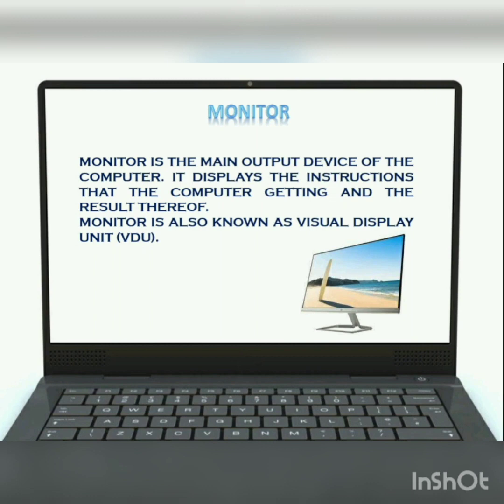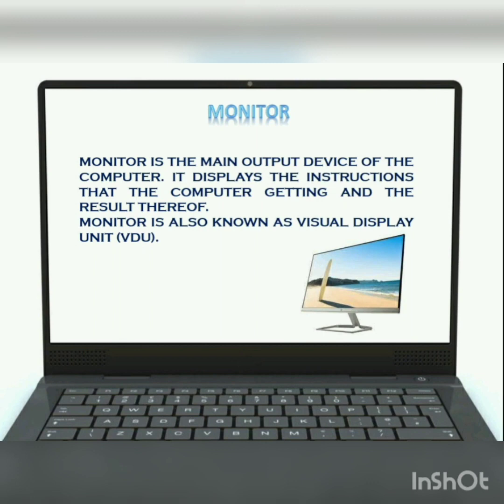So kids, let's discuss the most important output device, that is monitor. Kids, monitor is also known as visual display unit, that is VDU. Monitor is the main output device. It provides the visual display of the instructions that the computer is getting, and it can also display the result of execution of this instruction.